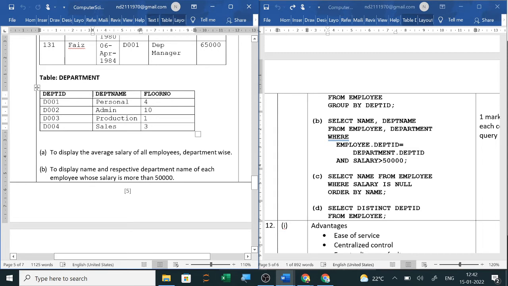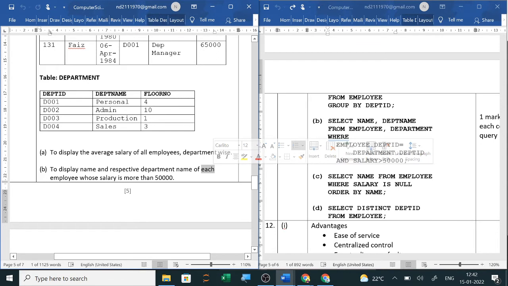What we were doing for each employee or employee wise, we were using group by. But in this particular question we don't require group by because we are not using any function on that group. So directly we will write here name and dept name from the two tables, where we will join the two tables using the common.